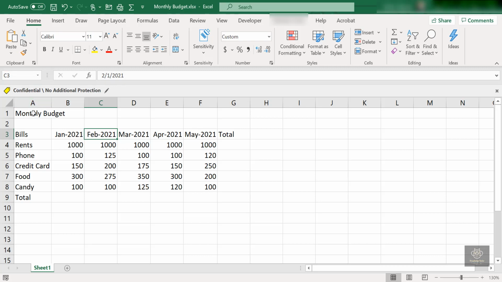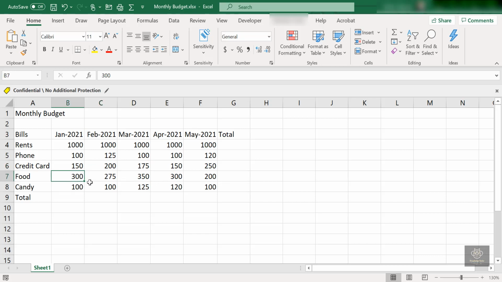If I click someplace else, let's say I want you to look at the January value of candy, that's B8. Great. These are all cell references. A cell can be referenced as a standalone, single cell like we just did: C3, B8, D5, E6, D8, C6, B6.